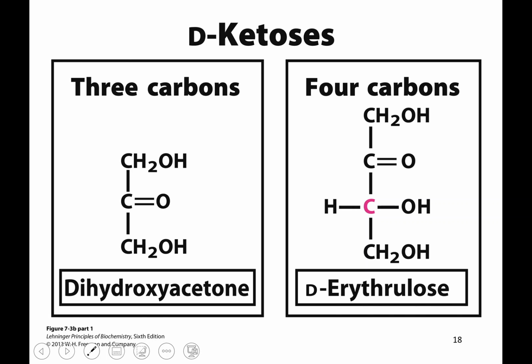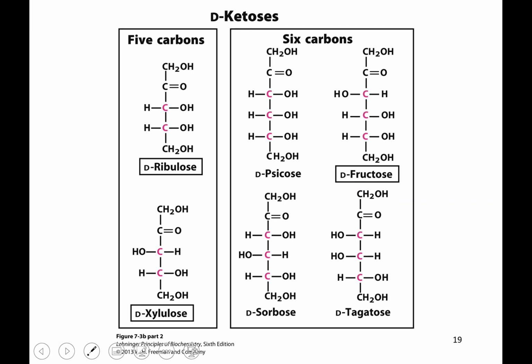For 4 carbons we've now introduced 1 stereocarbon. So the D form has the OH group on this side, and the L form would have the OH on the other side. That's erythrulose. Don't really need to remember that one. 5 carbons, you have ribulose and xylulose, very similar to the names ribose and xylose that we saw for the aldoses, just slightly different. 6 carbons, this contains one of the ones we'll need to know,